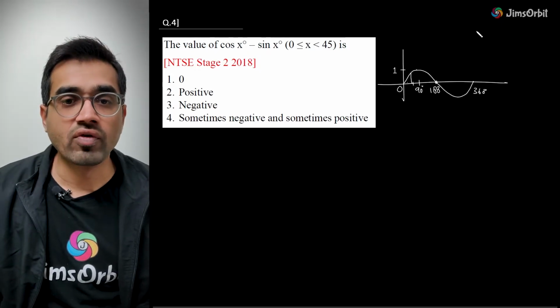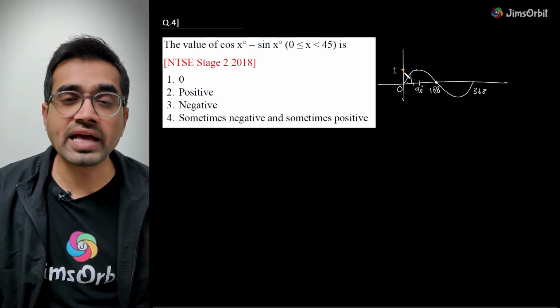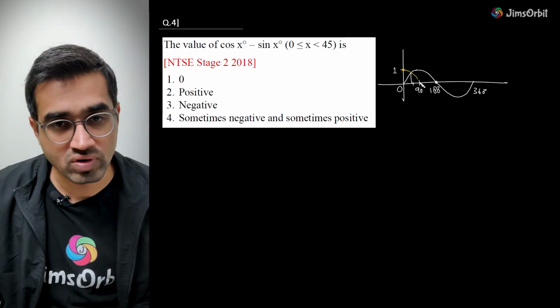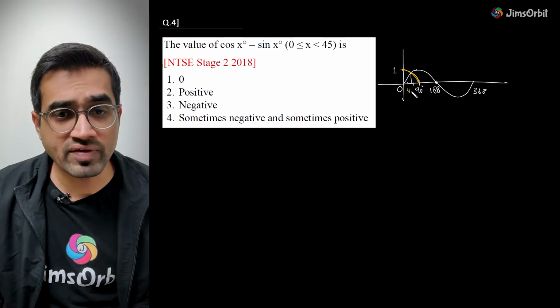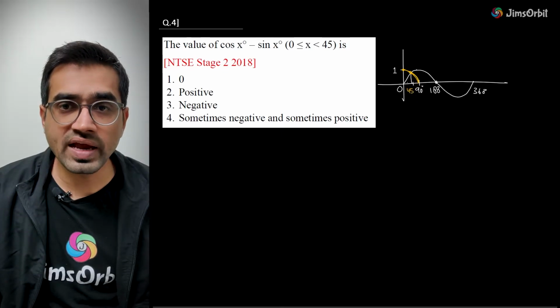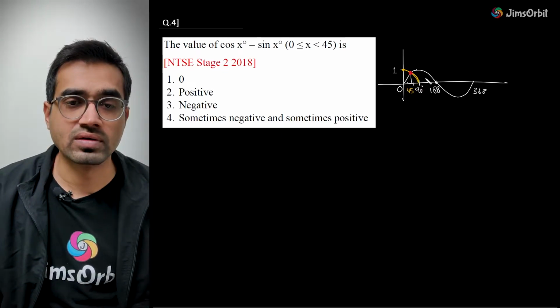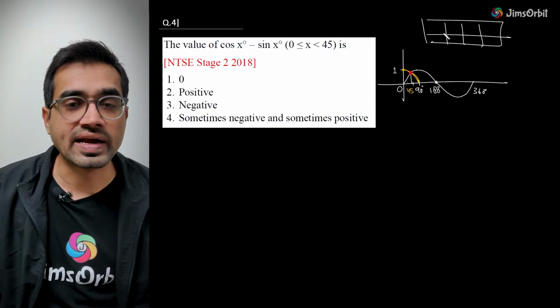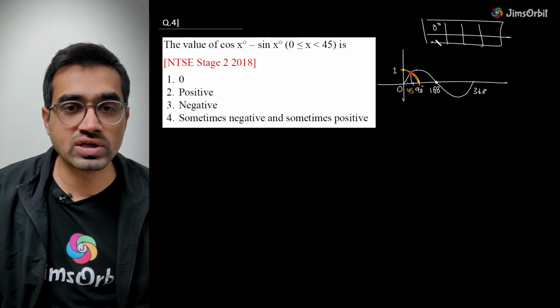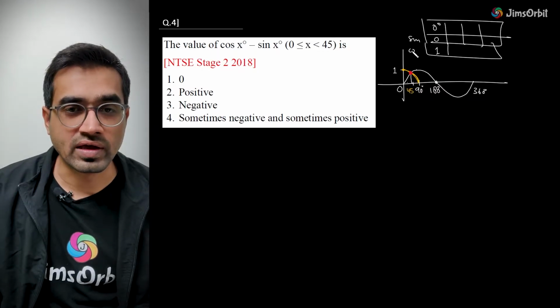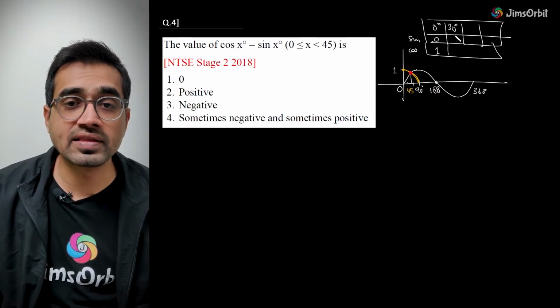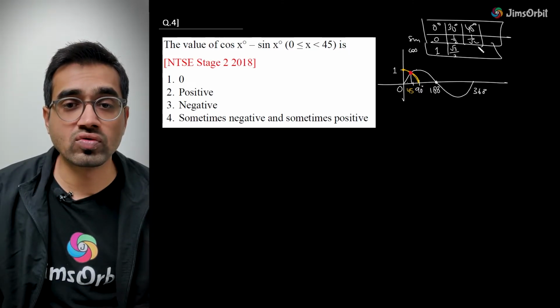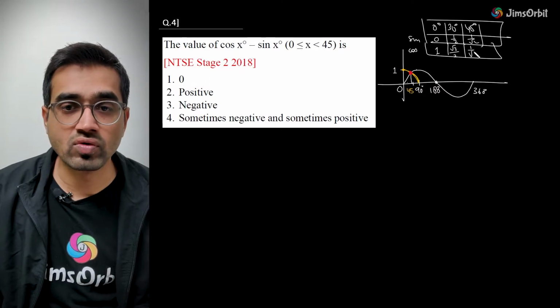Cos is different. For cos it starts with 1 and as you move to 90 it becomes 0. Correct. Now at 45 both are equal. At 45 degree both of these values are equal. So you already know this by the table also, correct? That at 0 degree sine 0 is 0, cos 0 is 1. Then you also know that at 30 degree, sine is half, cos is root 3 by 2. Then at 45 degree, this is 1 by root 2, and this is also 1 by root 2, correct?